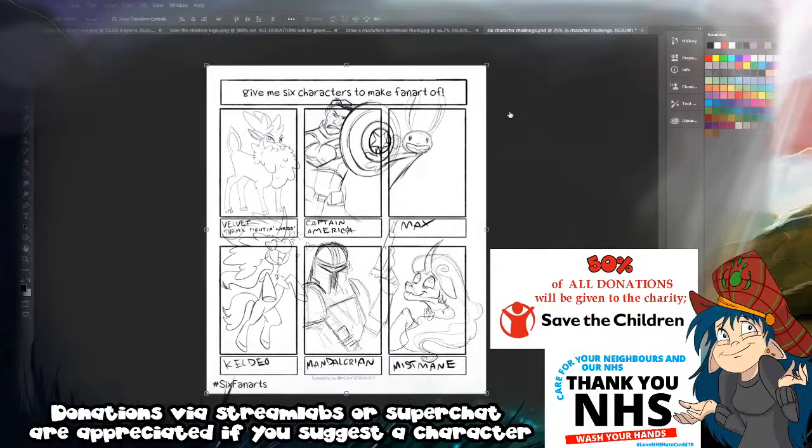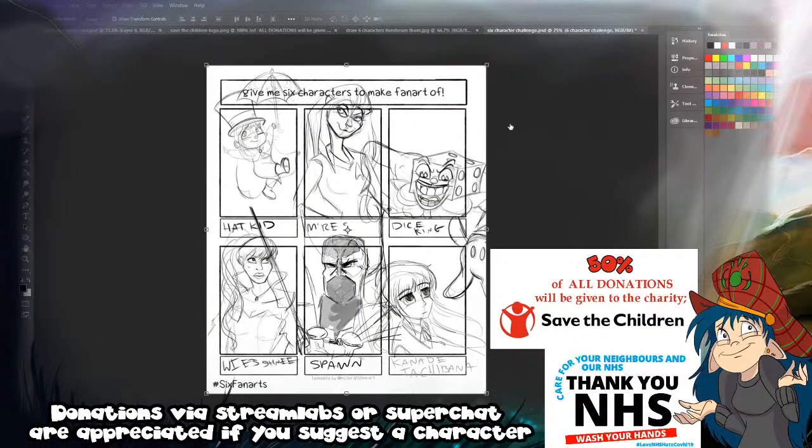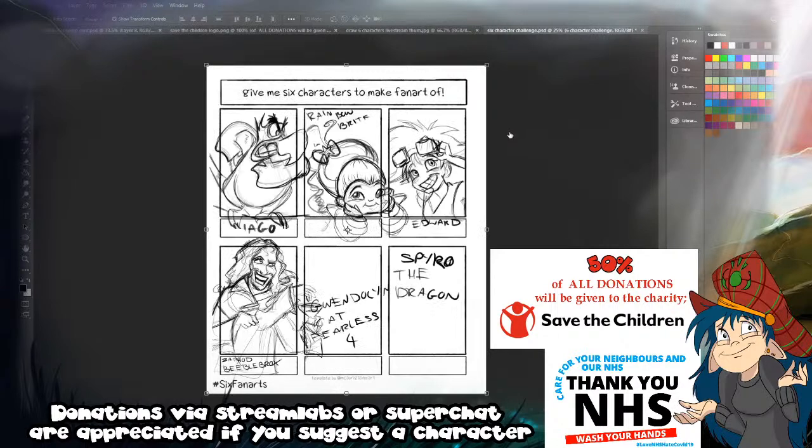That's page 1. Page 2, we had Hat Kid. Then Imres from the Star Trek animated series. Dice King from Cuphead. Vaishni from Ruby. Spawn from Mortal Kombat. And Kanade Tachibana from Angel Beats, I believe. Then page 3, which we will be continuing.